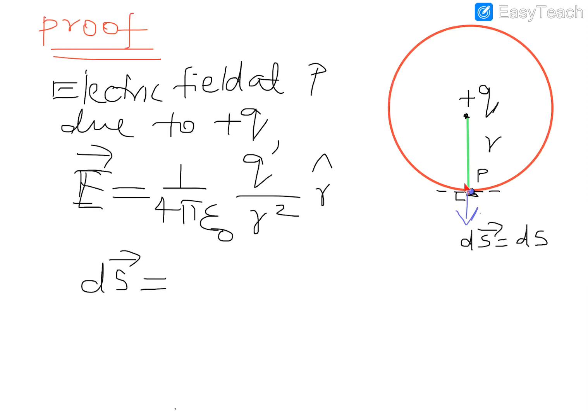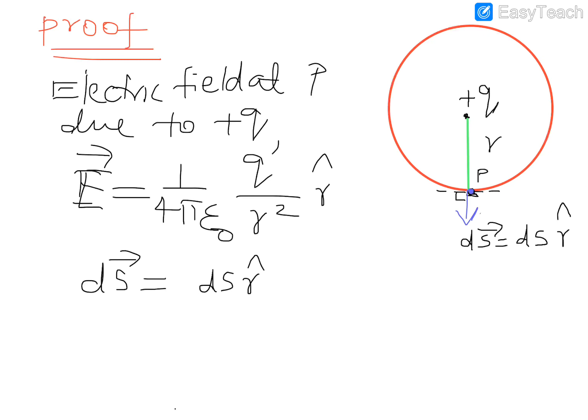Because your electric field is here, you are marking it as r cap. In the same direction of r cap, you have the area vector ds vector, isn't it? So the direction of the area vector is also r cap. Magnitude is ds and direction is r cap. A vector is magnitude multiplied by direction, so you got the area vector is equal to ds r cap.